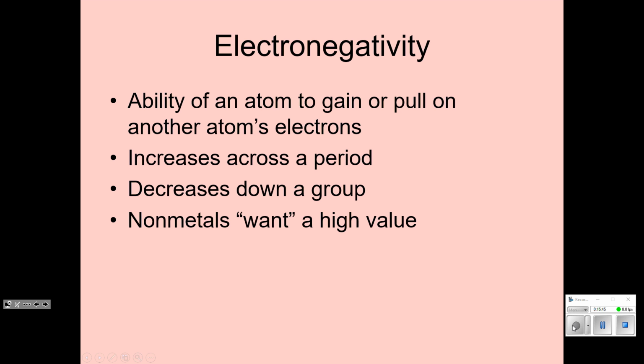As you go down the periodic table, electronegativity decreases. Atoms get bigger, which means their nucleus, the thing that's attracting a neighbor's electrons, is further away. Less coulombic attraction. Nonmetals with the high value are going to be the most reactive. Fluorine is the highest. And noble gases more or less don't have electronegativity values. Krypton does a little bit, xenon does, radon does, because again, those are a little unusual. But fluorine in the upper right-hand corner,